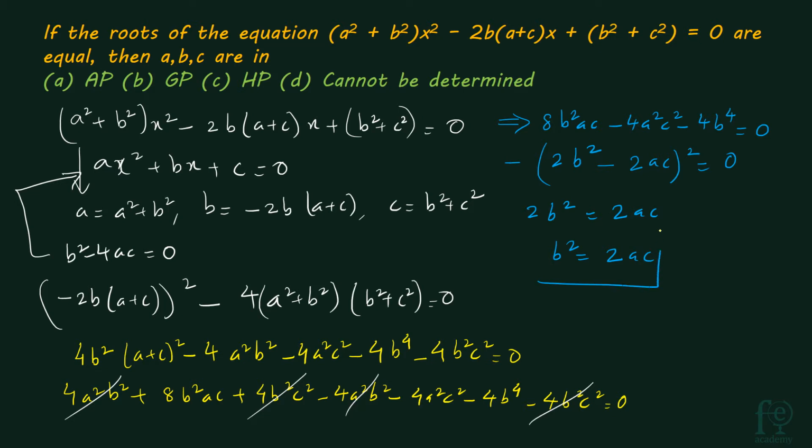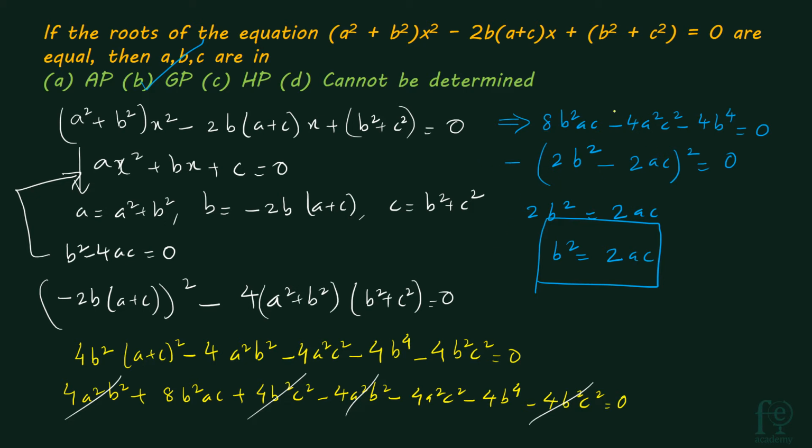So what does it mean? If b square is equal to ac, a, b and c are in geometric progression. So here B will be your answer. It takes some time, but if you are practicing you can do it easily. It's a very simple question, it just takes a little time. So you simplify the expressions very fast and you will be easily able to derive.